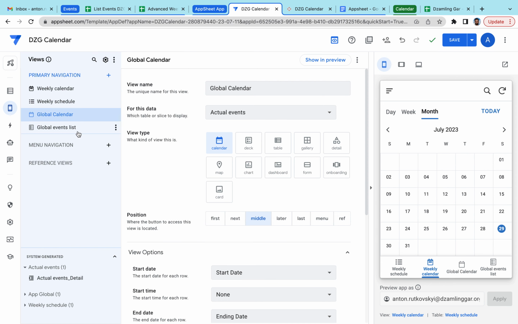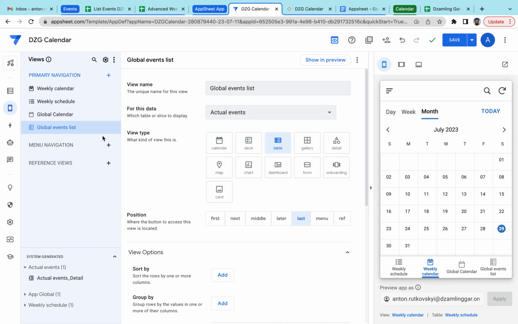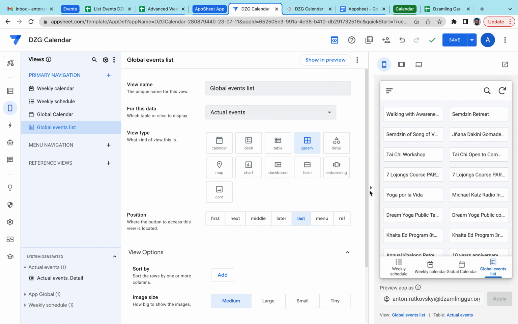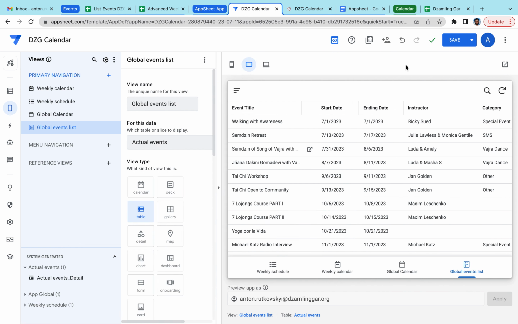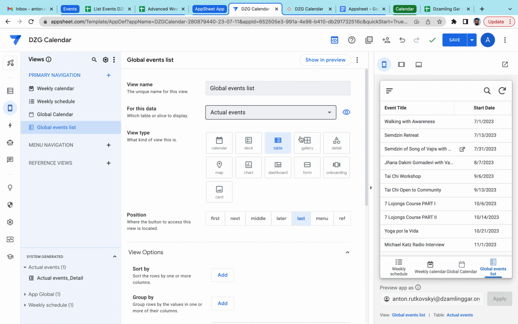For example, for the global calendar, we can use a table, or we can use a gallery, and then we can just see the list of events. So these are different options that we have, and you can see how it looks on mobile, on tablet, and also on desktop, so you can check how it will look on different devices.